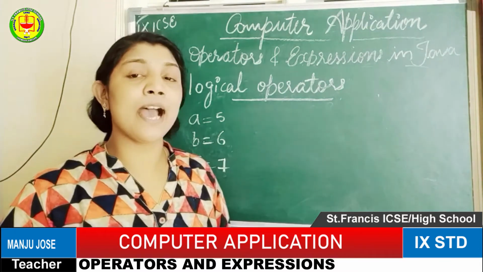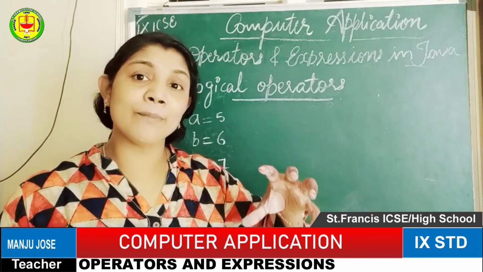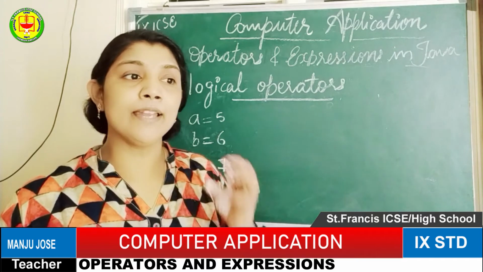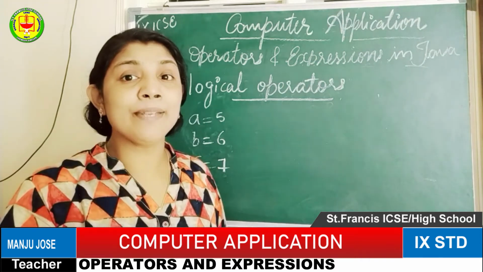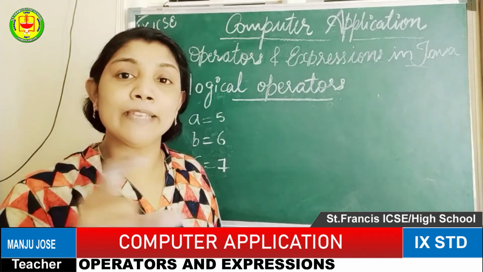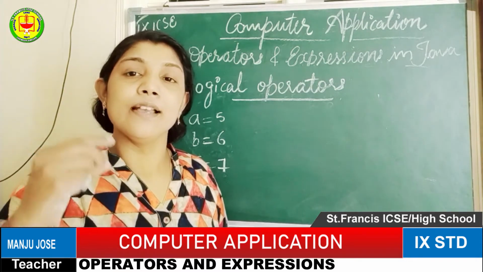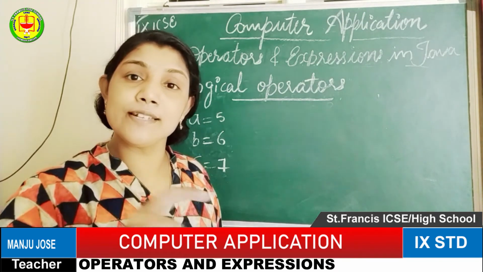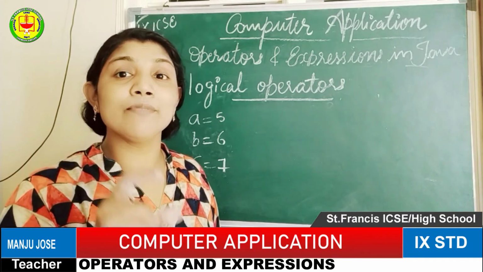The AND operator, NOT operator, and OR operator we use apart from the conditional operator only. For example, if the value of a becomes 5 and b becomes 5, we can consider the values of a and b to be equal. That means at the same time both conditions should be true. If both conditions are true, we can consider the output. That is called the AND operator. That means more than one condition is evaluated at a time. While evaluating, all the conditions we have given should be correct. If all the conditions are correct, we will get the true output.